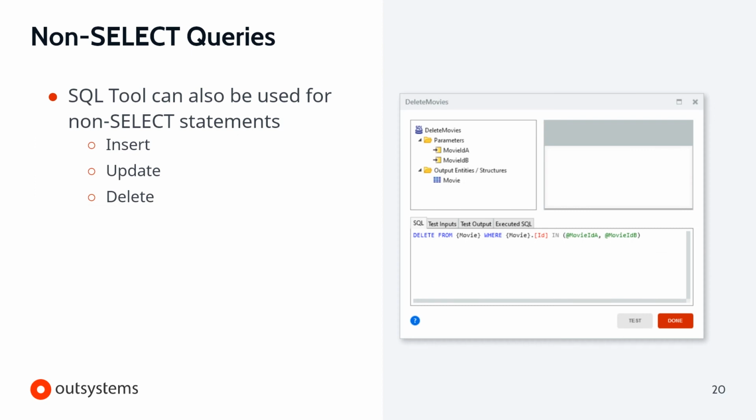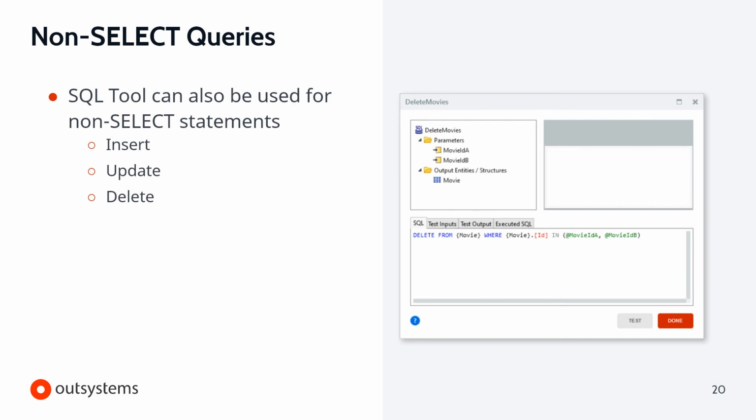Last, but also quite important, is that we can use the SQL tool to do non-select statements. When we do selects, we're really just making a query from a set of tables. But the SQL tool allows us to do non-select statements, which includes things like inserting records, updating records, and deleting certain records.